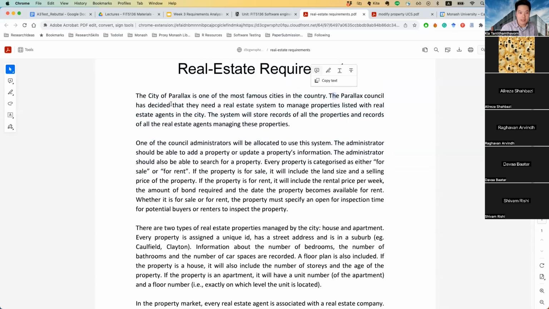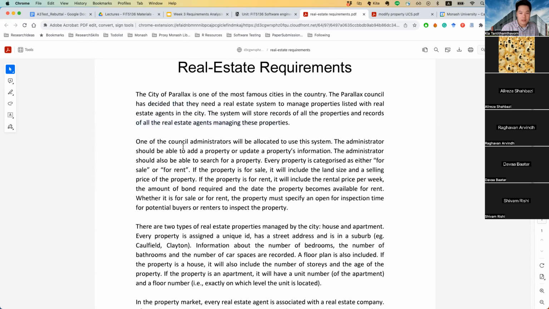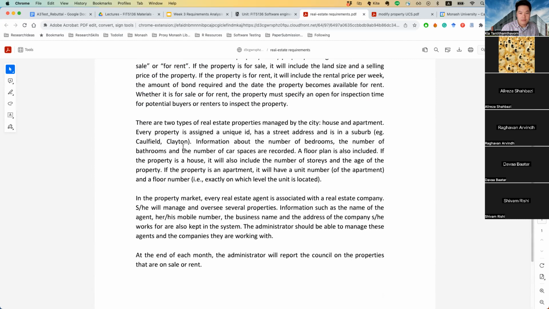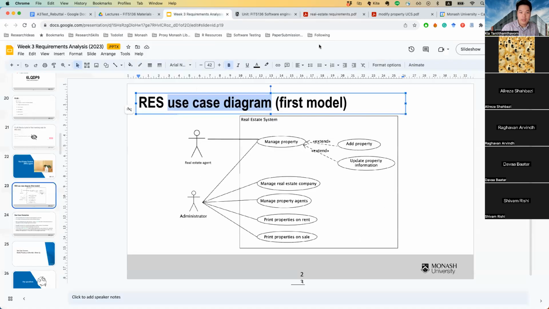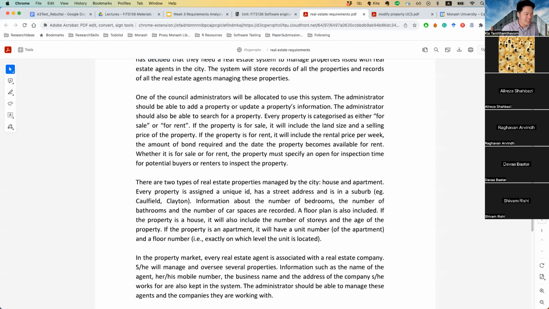The Parallax Council has decided that they need a real estate system to manage property listed with real estate agents in the city. The system will store records of the properties and so on. I think it will take some time, so let me put it this way. In summary,